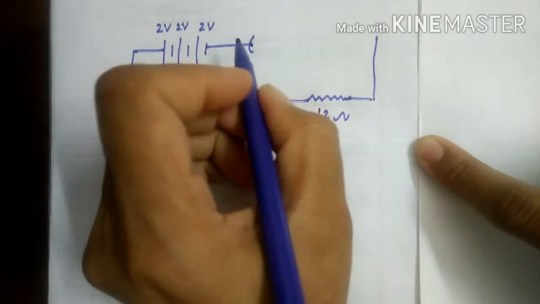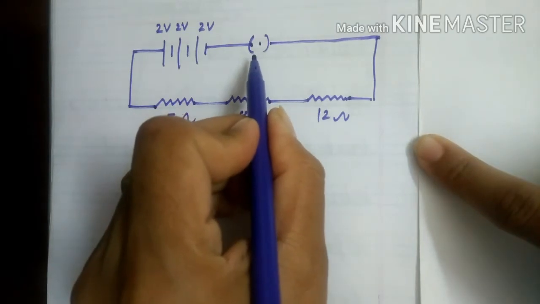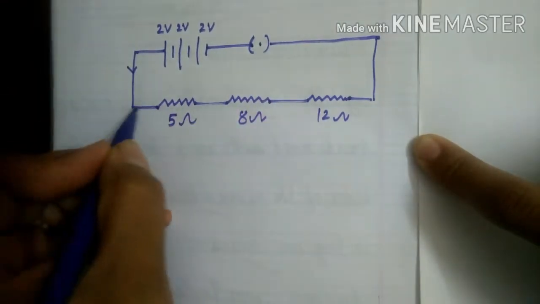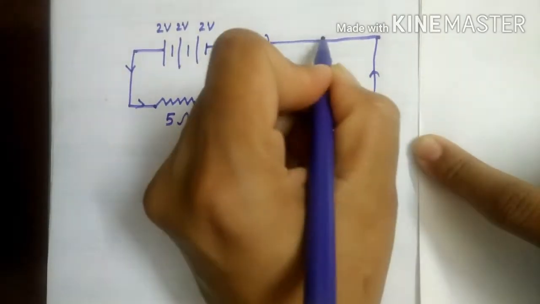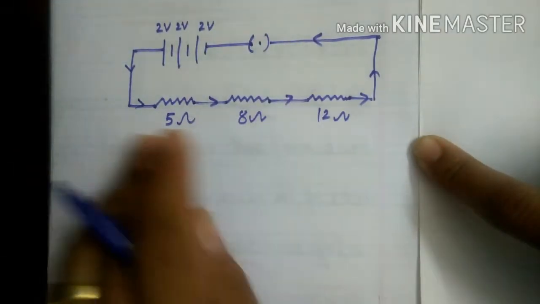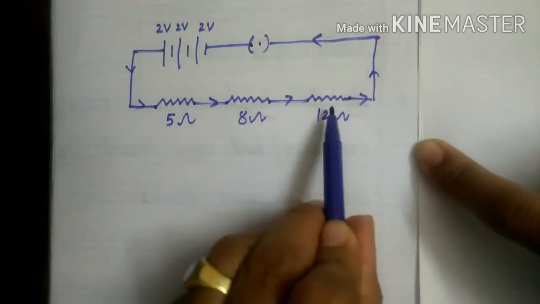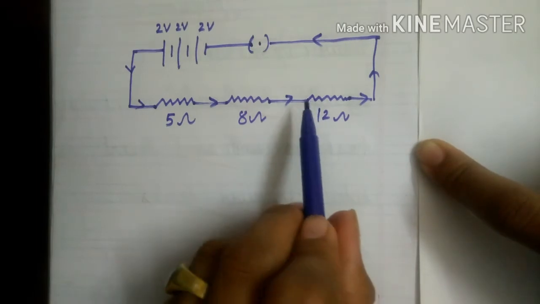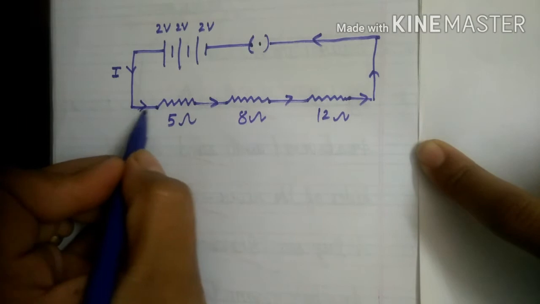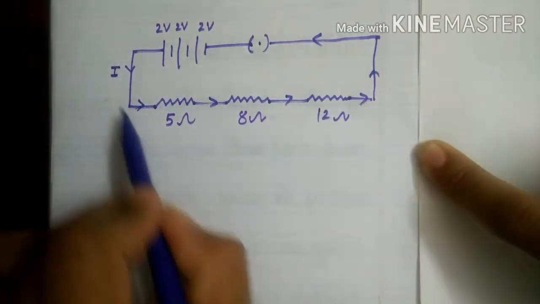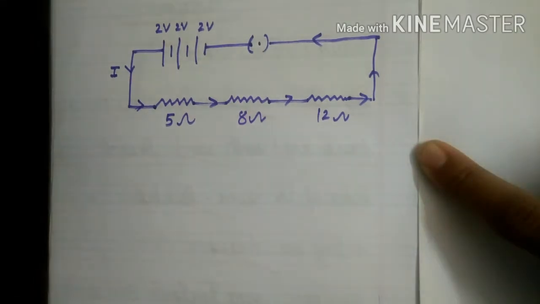Then one plug key is here, because the key is in the on position. So put here the direction of current, it will be in this way. So this is our circuit diagram. All resistors are connected in series end to end. Means when current I will flow in this circuit, the value of current will remain the same all over the circuit. So it is a series connection circuit. Is it clear to you?